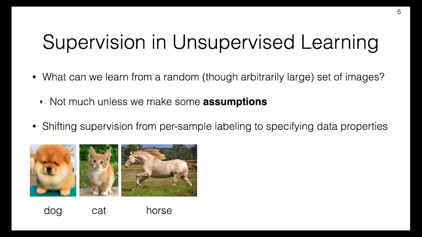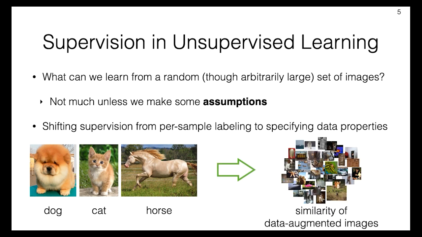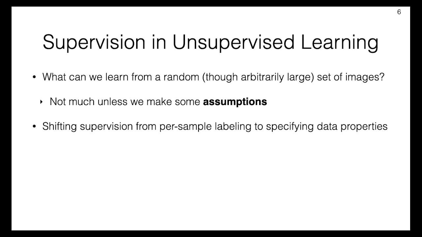The supervision signal in supervised learning is per sample, while in unsupervised learning, the supervision is per data set. In unsupervised learning, we specify the general properties of the data, and in a way we label all data with a single rule. Ideally, we would want to achieve this objective by defining a very simple learning principle. This is more powerful than expected. In the general unsupervised representation learning, one builds features which can be transferred to other tasks and yield a surprising performance. However, in general, these features do not have a specific interpretation.